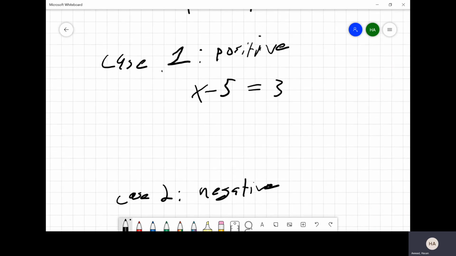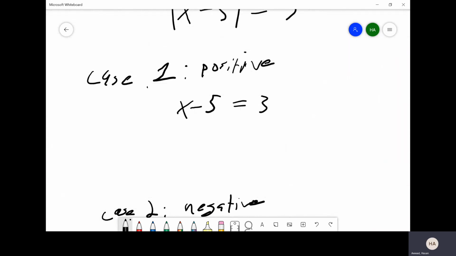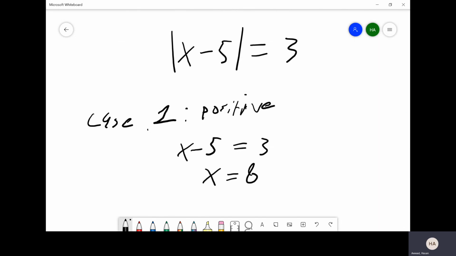So let's solve the positive one first, because again, that was probably the most intuitive one, right? So what we're doing is, okay, we're just going to solve for x, and we're going to add 5 to both sides. So we get x is equal to 8, right? And once again, this should make sense. If you check it, you plug 8 in, we get 8 minus 5, like we were discussing earlier. We get absolute value of 3, and the absolute value of 3 is in fact 3, so this would be